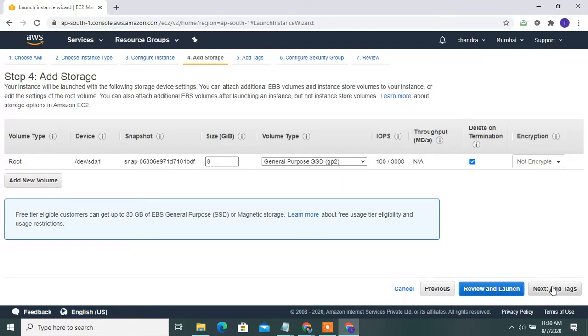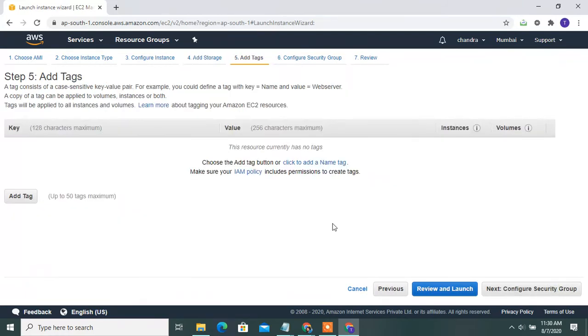And next is go to the tags. The tag section is step 5. Add the tags. The add tag section means name and value, such as web server. You can select whatever application will be installed as the name.